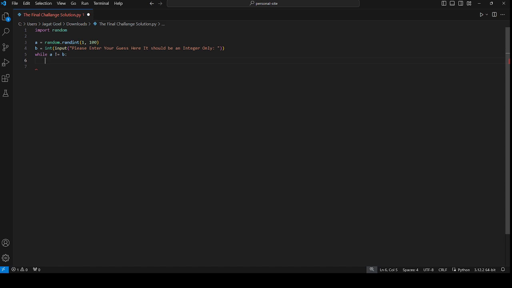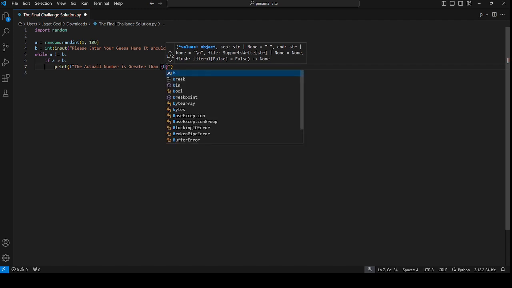and now here I'm going to type an if-else statement. First I have a loop, then an if statement. If A is greater than B, then print a string, the actual number is, I think, greater than B,